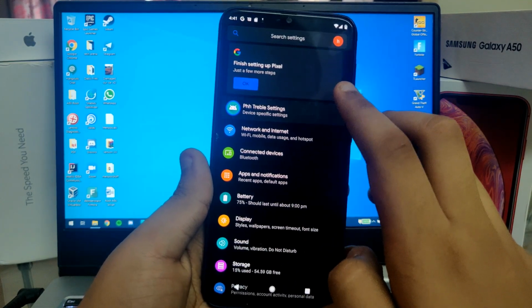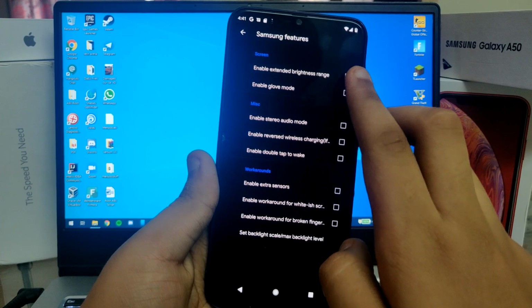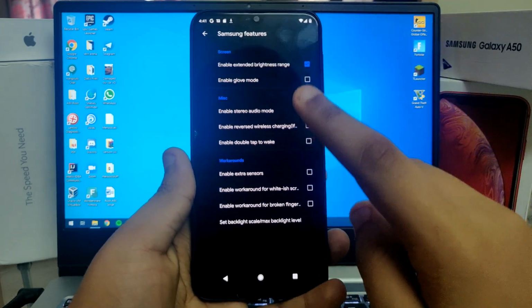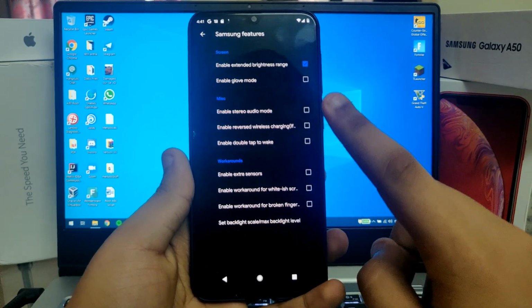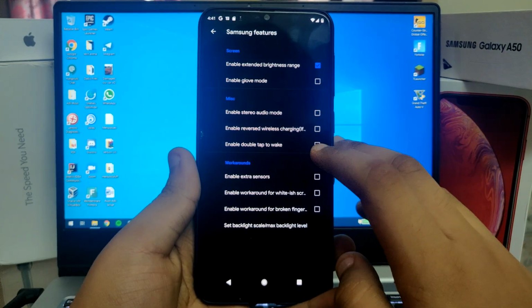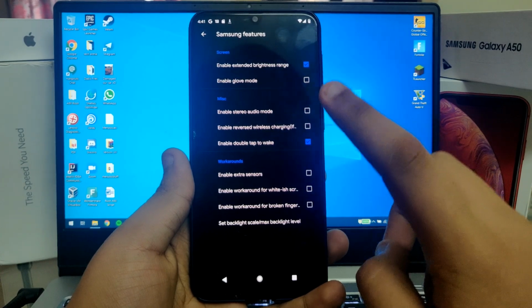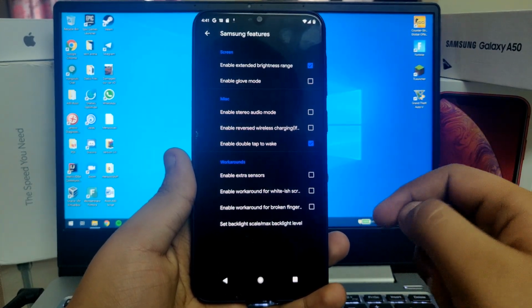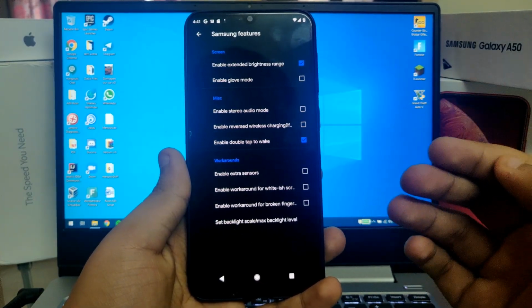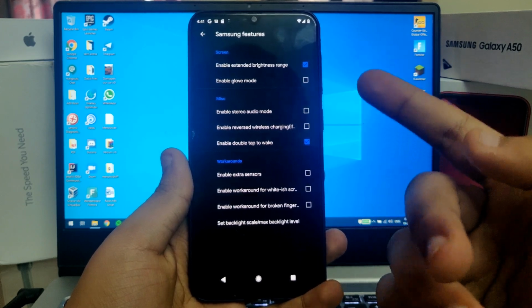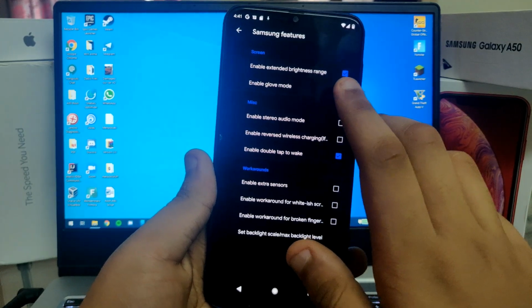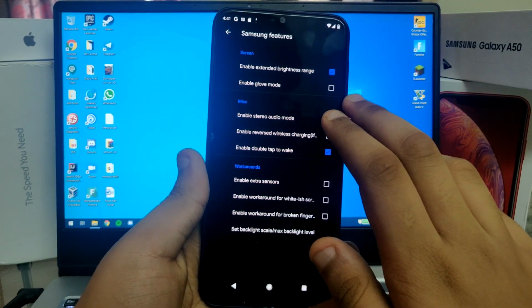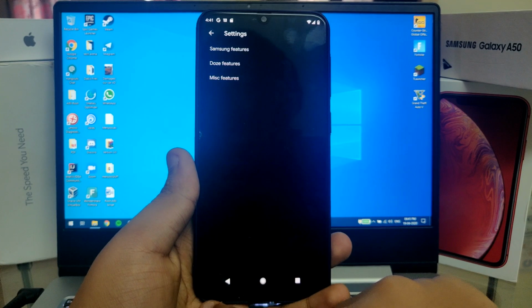And if you want that, enable extended brightness. I would recommend you do this step, because double tap to wake, these are the Samsung exclusive features which you will be losing in Evolution X ROM. But thanks to PHH, he's brought everything in this one section. So if you want a glove mode, you can enable it. If you have stereo mode, you can enable it. Go back,